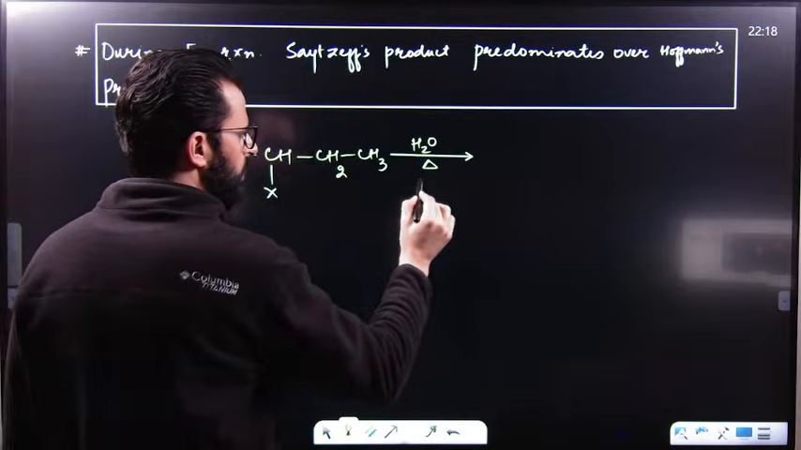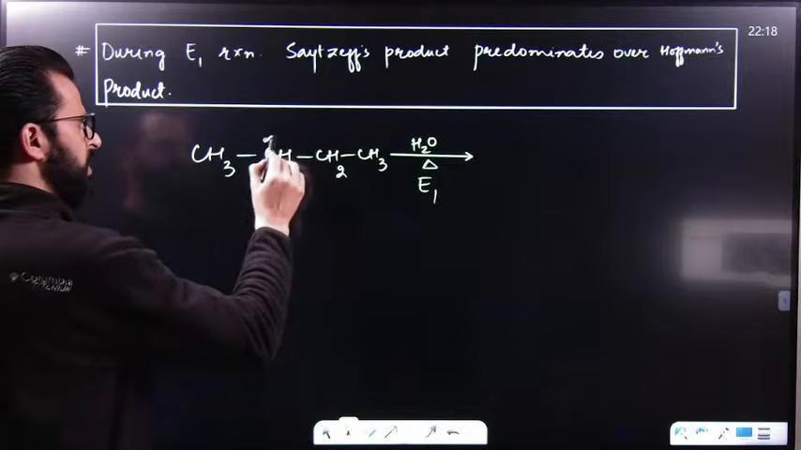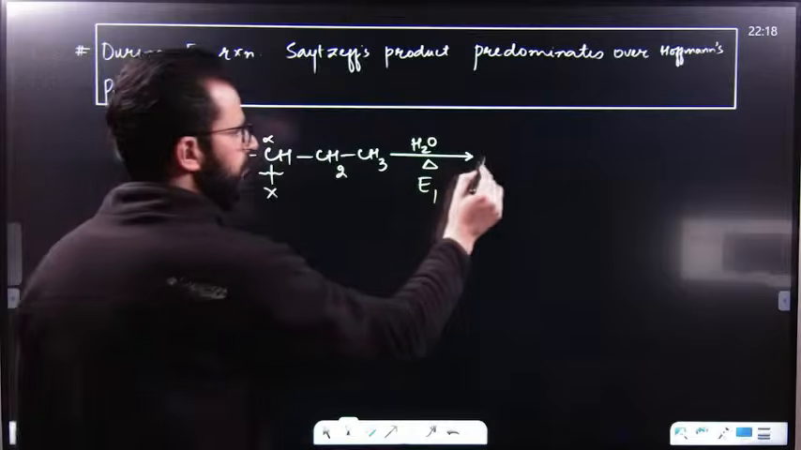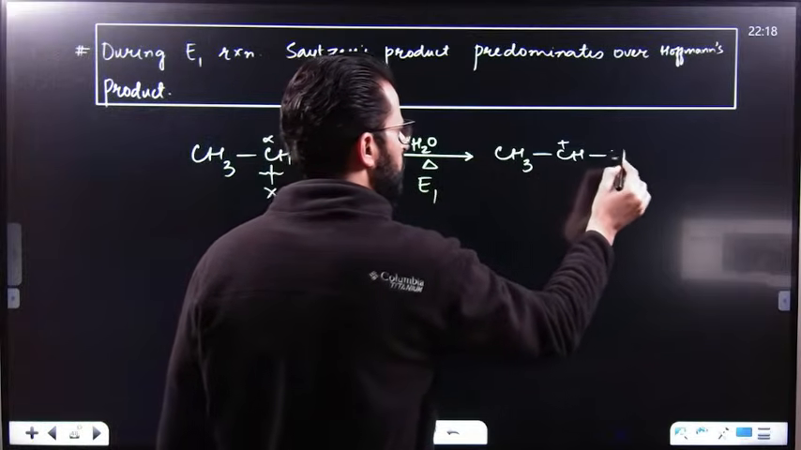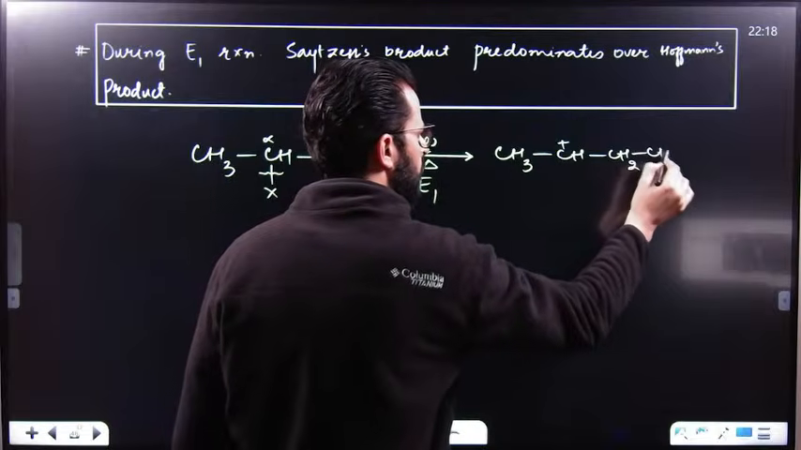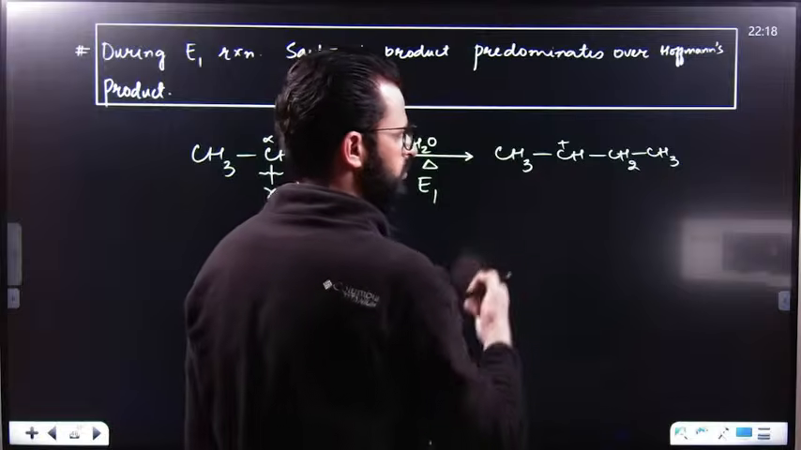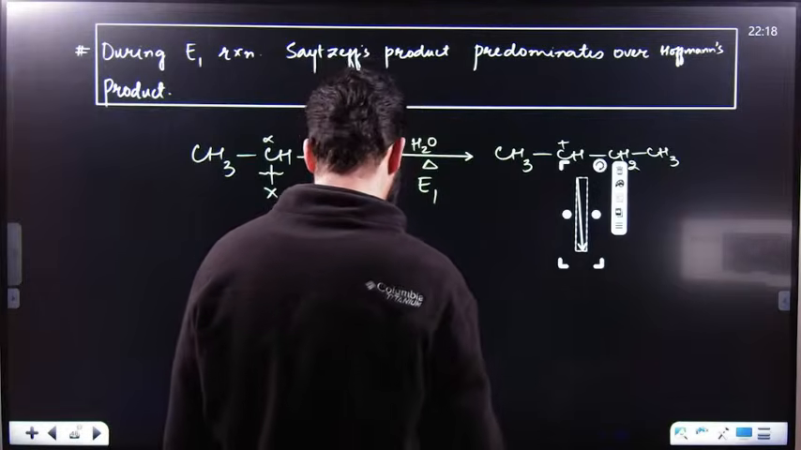Now, here I will show you what will happen during an E1 reaction. First of all, it will lose this C-X bond and will result in the formation of a carbocation. The first step is formation of a carbocation. After that, rearrange the carbocation if rearrangement is possible. Here, rearrangement is not possible. So, the next step will be simply